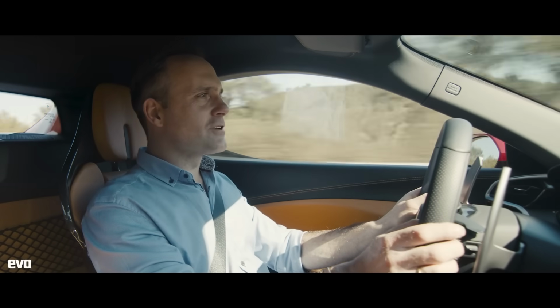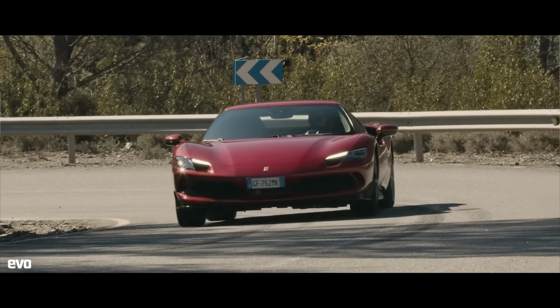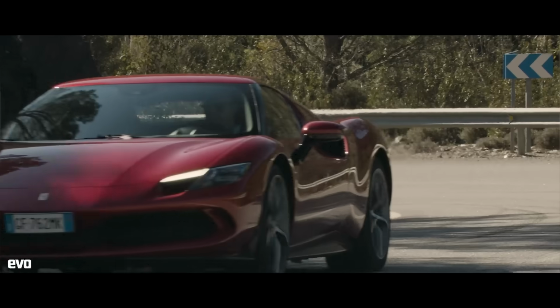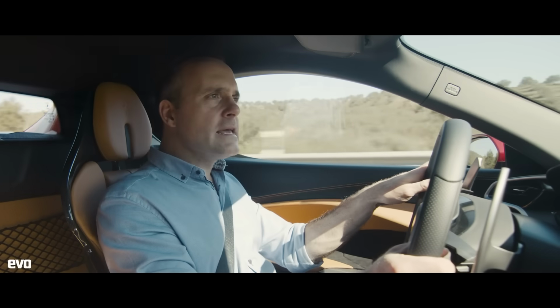I think this car sounds really good. Of course, it does rev high, limits at 8,500 RPM, which for a turbo engine is really good going. So you've got that real range. It never sounds coarse, it never sounds gritty, it never sounds harsh. It's got a lovely growl low down, pretty sonorous at higher revs as well. But for me, the best bit